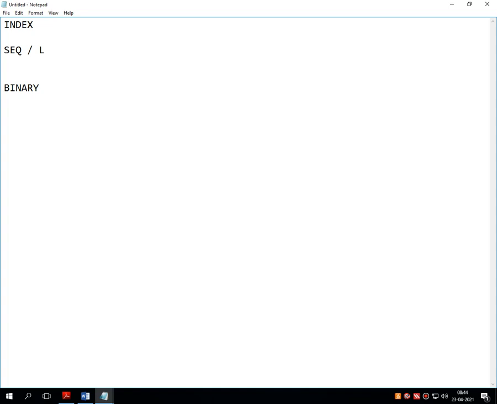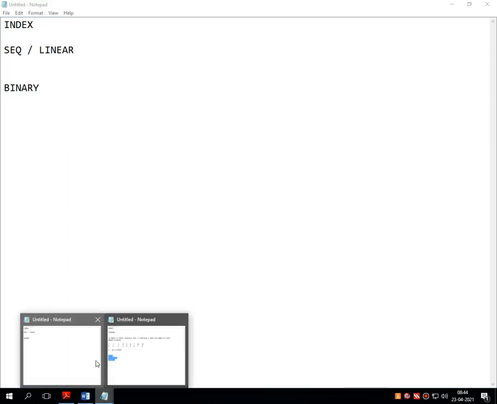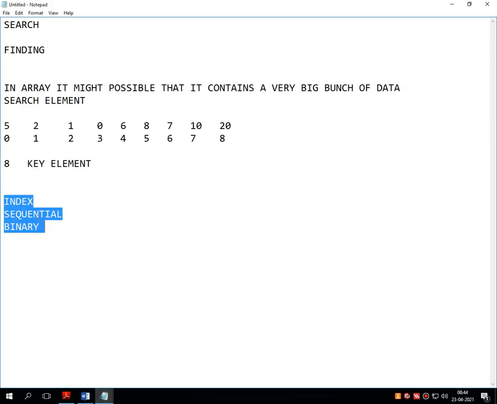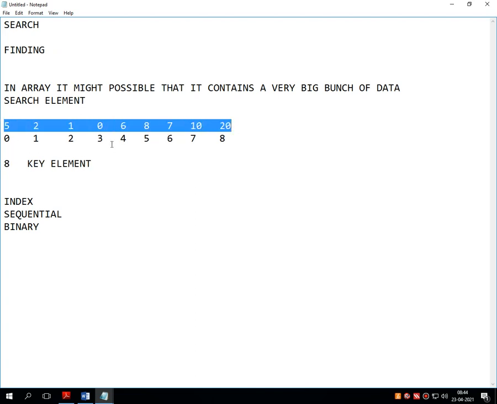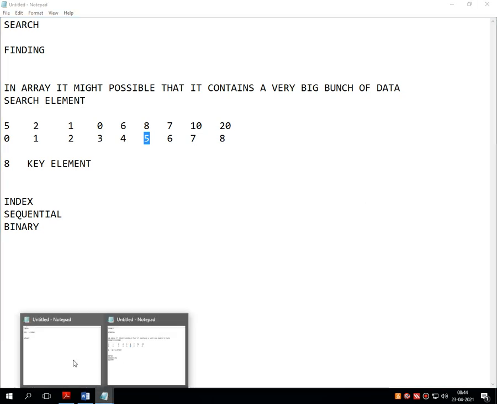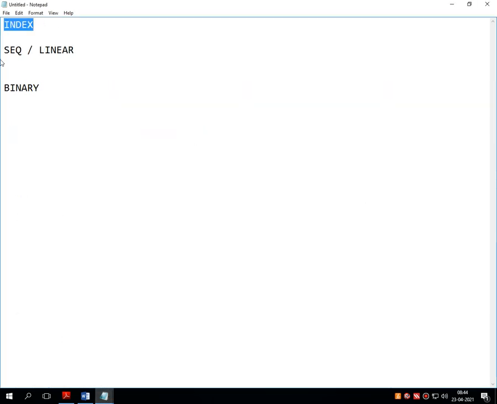Sequential search is also called linear search. Suppose we are comparing a key element with all the elements stored inside the one-dimensional array, and at the location where the search becomes successful, that technique is called index search.